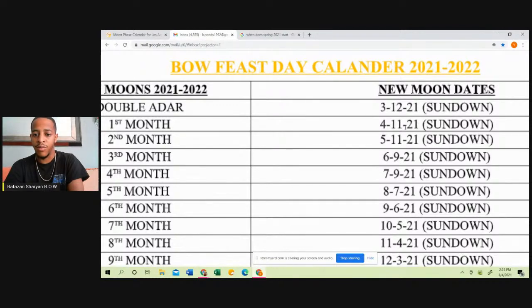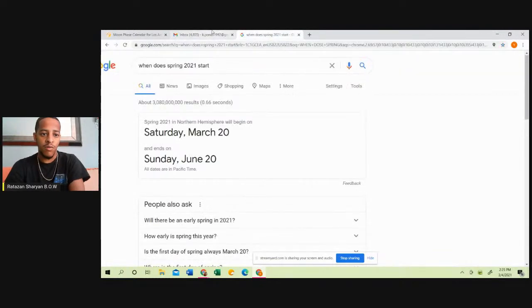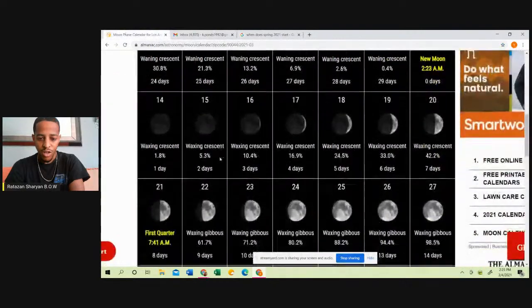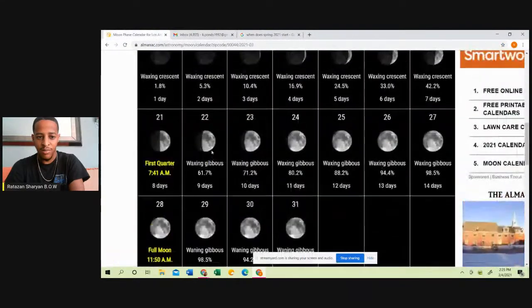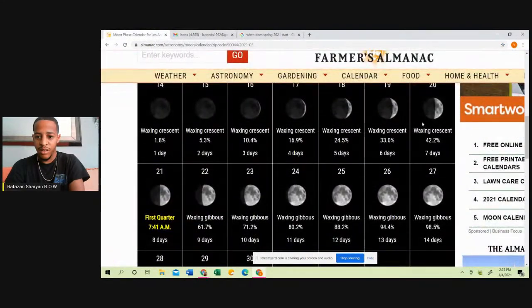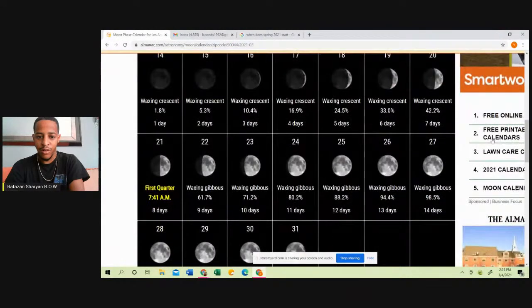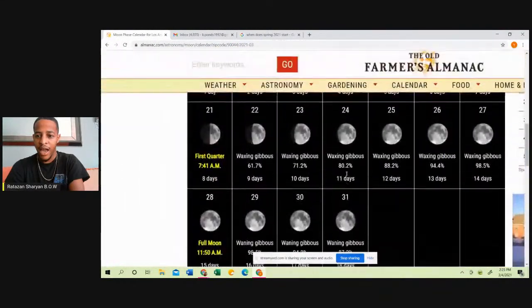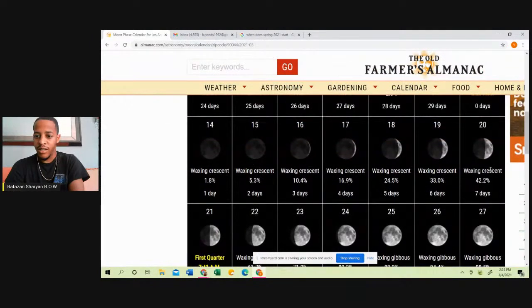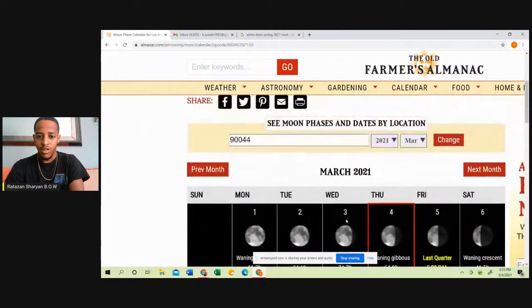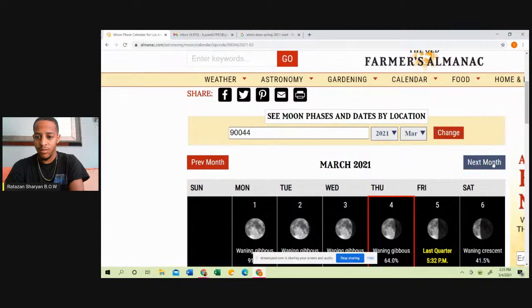Next month on the 11th will be our new moon. Let's go verify it. So it's after the equinox. The equinox comes in on the 20th of March. So it's after, it's in spring. So everything after the 20th is springtime, right? So then let's go to the next month.